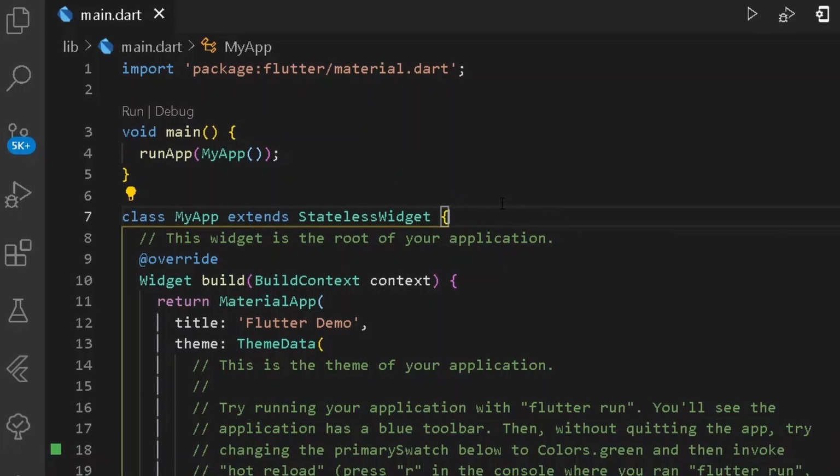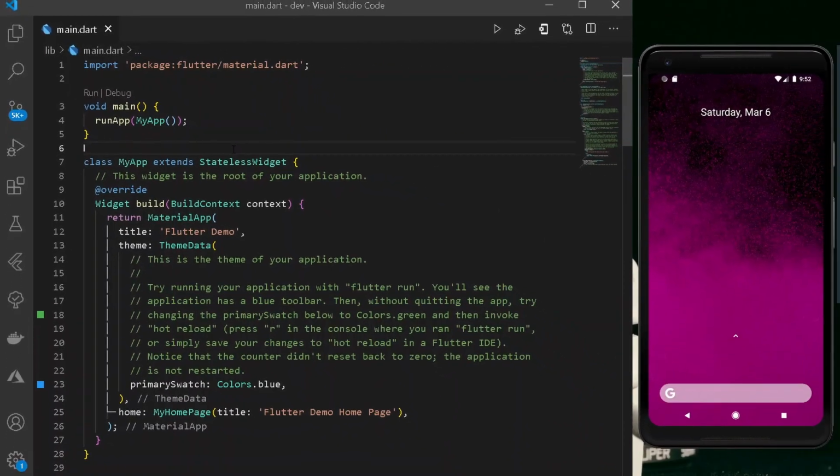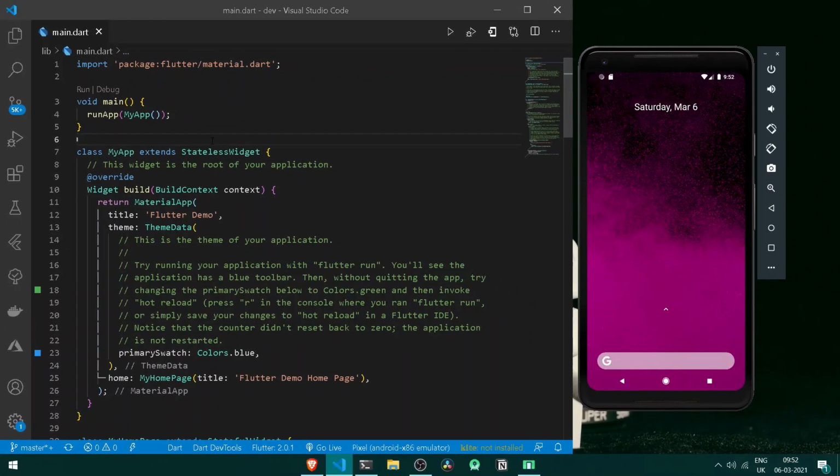We can simply press F5 and run the application from here. The following build might take some time because we are loading up our application for the first time. So I will see you in 5 to 6 minutes. Goodbye.